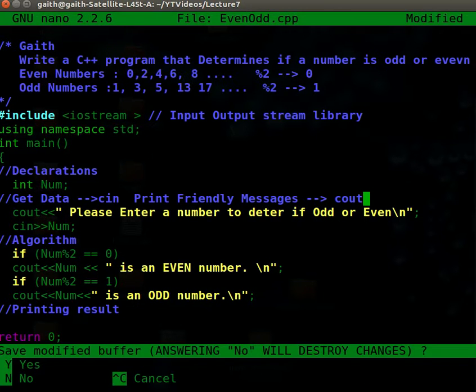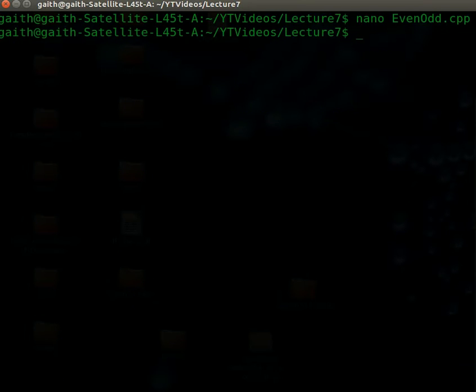Control X. You want to save? Yes, save. Now compile it first. Check there are no errors. Remember, compilation is checking if there are any errors or not. What do I want my output file to be? even odd.cpp